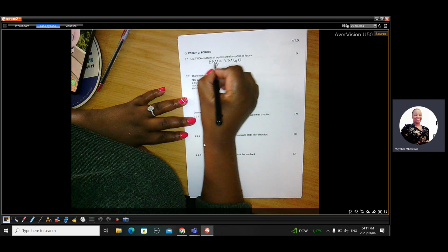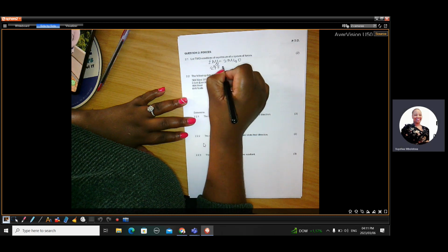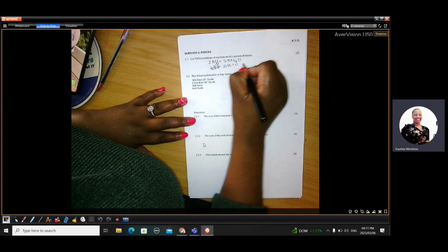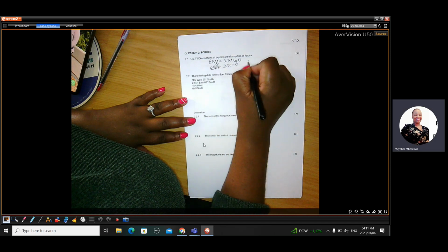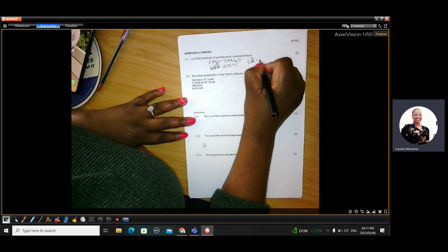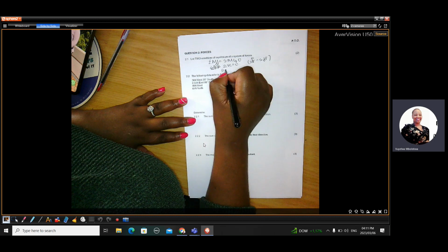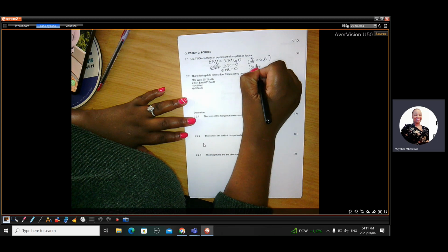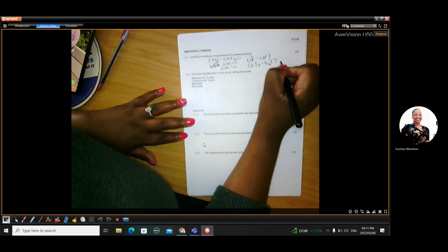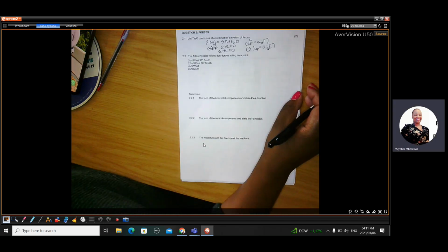Sum of the vertical components must be equal to 0, and this means sum of the upward forces must be equal to sum of the downward forces. And then sum of the horizontal components must be equal to 0. This means forces eastwards must be equal to forces westwards. Okay. Then if you look at this question,